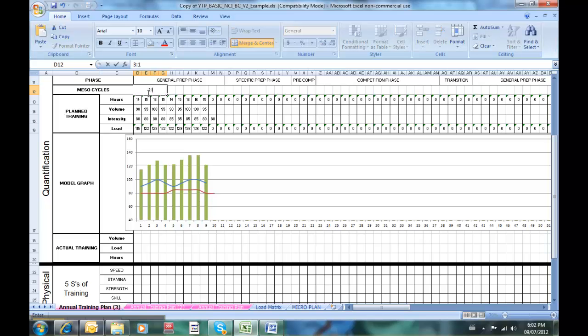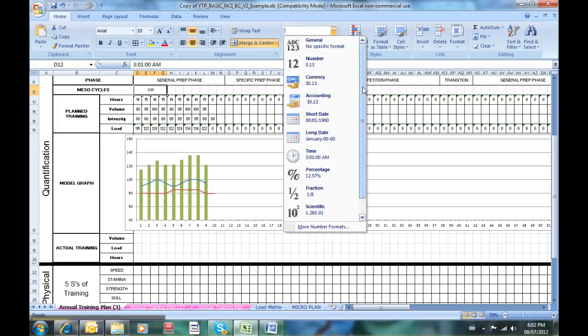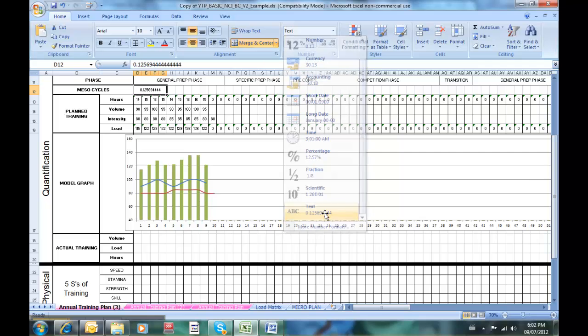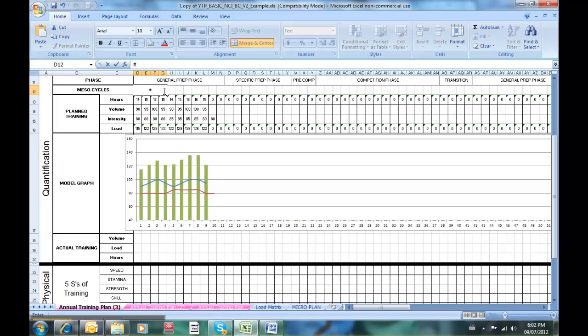2, 1. Now, one of the things you'll notice here is that it changes that to a new format. So I need to go into the number toolbar at the top here, and if I go all the way down, I can select text, which now converts it to the number. So I'll go back and I'll go, well, that's a 3 to 1